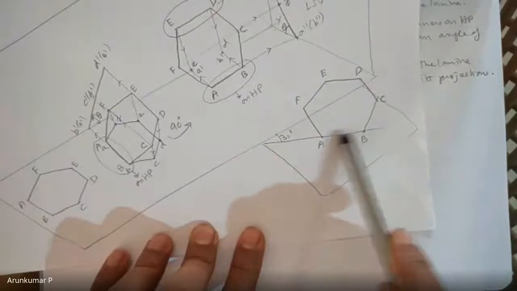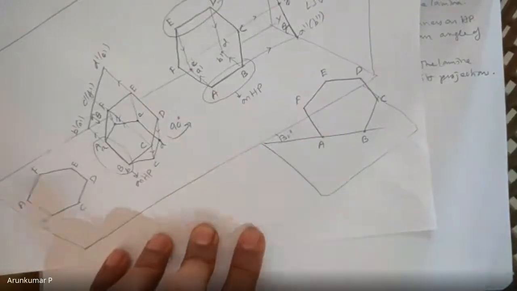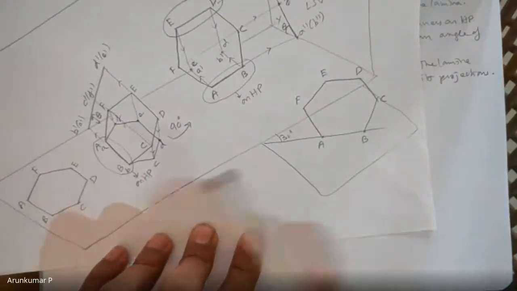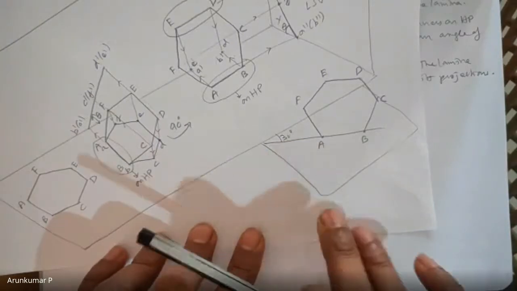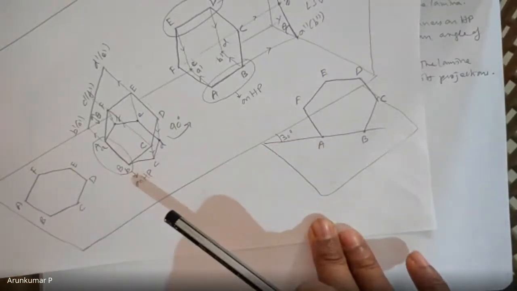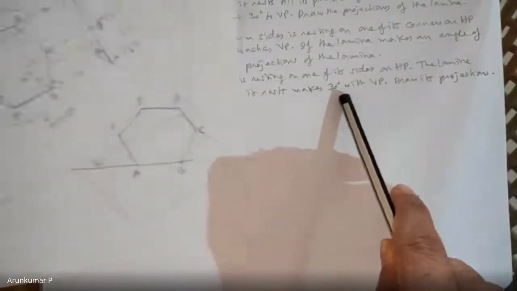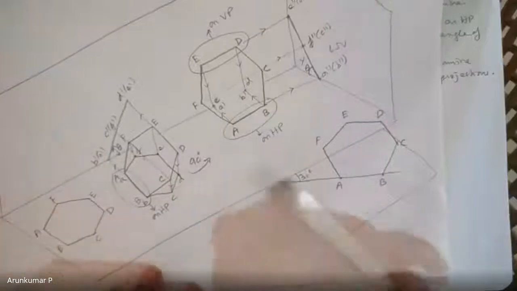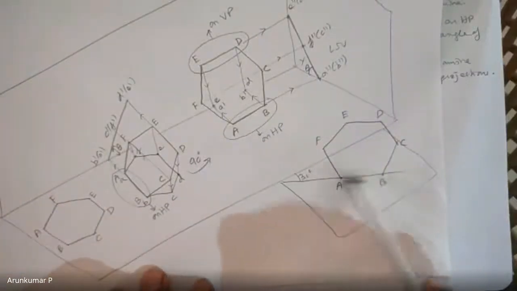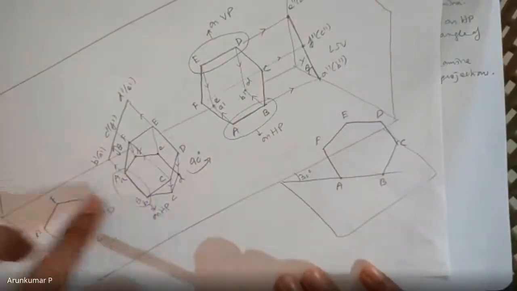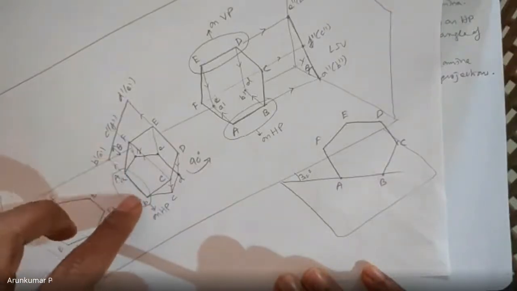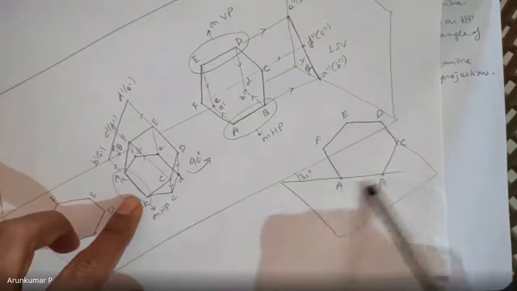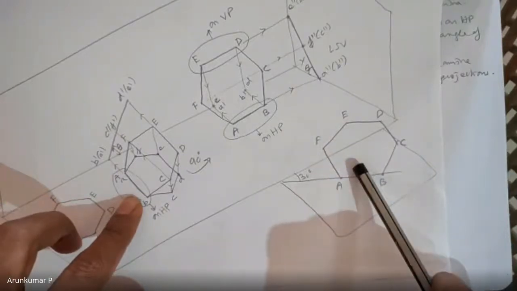So this is the second step, and this would be your third step. So AB, you have to incline at 30 degrees to VP. Also, the question comes whether it's a locus problem or not, but I don't think it is a locus problem, because 30 degrees is phi, the true inclination, and on a true inclination, you should get the true length of AB. So in the second step, AB, which was 25 mm, is still 25 mm because AB is parallel to HP. So this would not be a locus problem, straightforward problem.